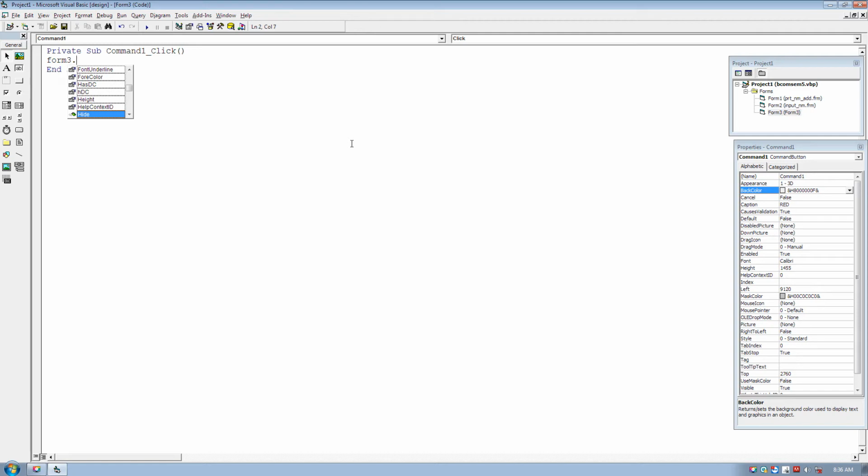Look, say for example, I write form 3 incorrectly, or the spelling of form is wrong. If you type a wrong name and then type dot, you will not get the list. If you are not getting the list, that means your name is wrong and you will get an error while running the form.